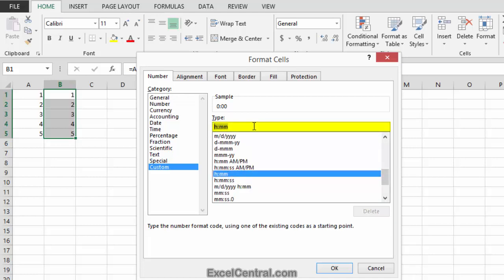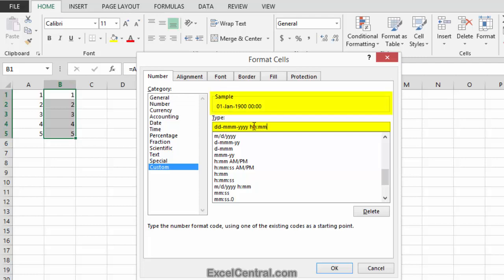I think it's going to be DD-MMM-YYYY, and that's certainly given me the correct date in the sample box. Now I'll press the space bar and enter HH:MM, and that seems to have worked too.